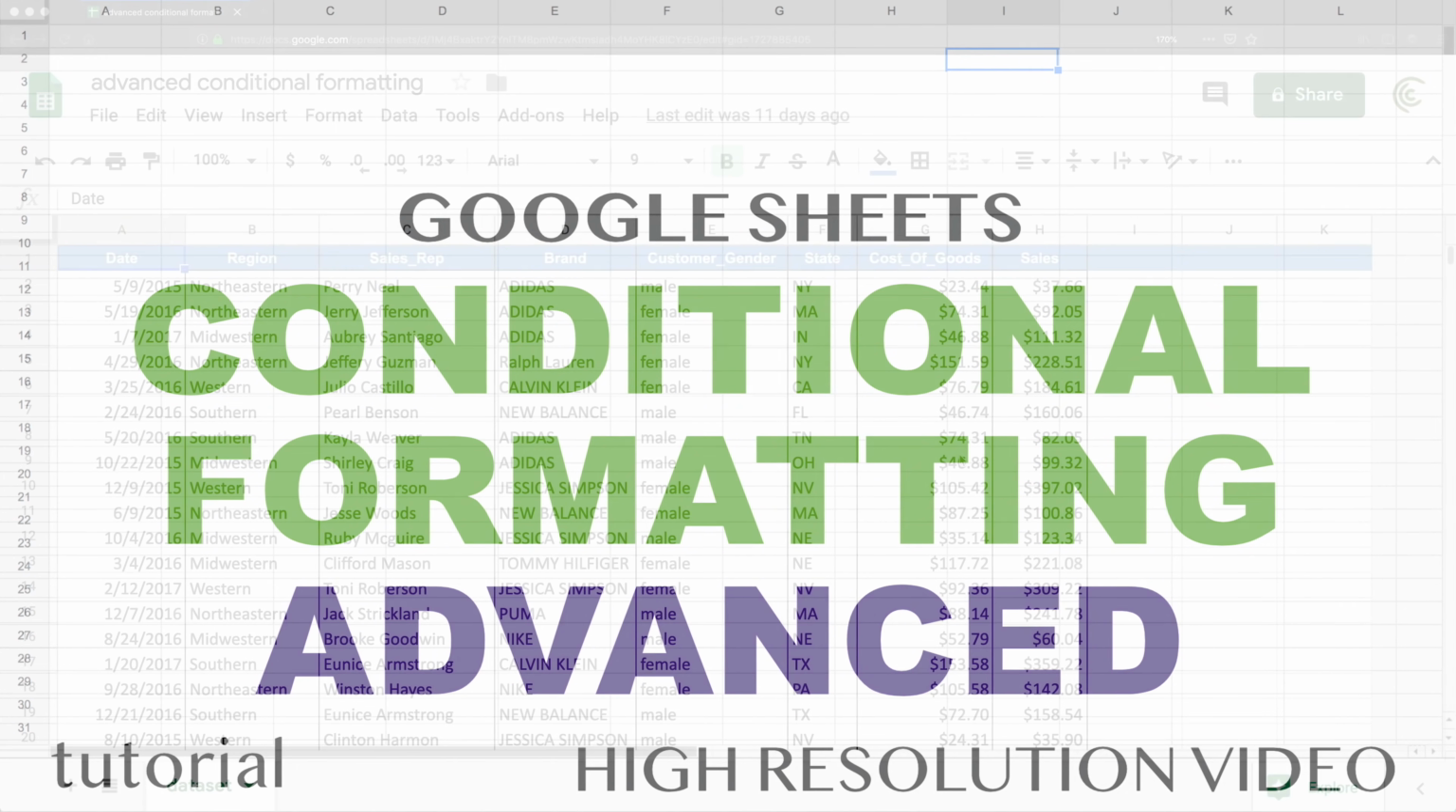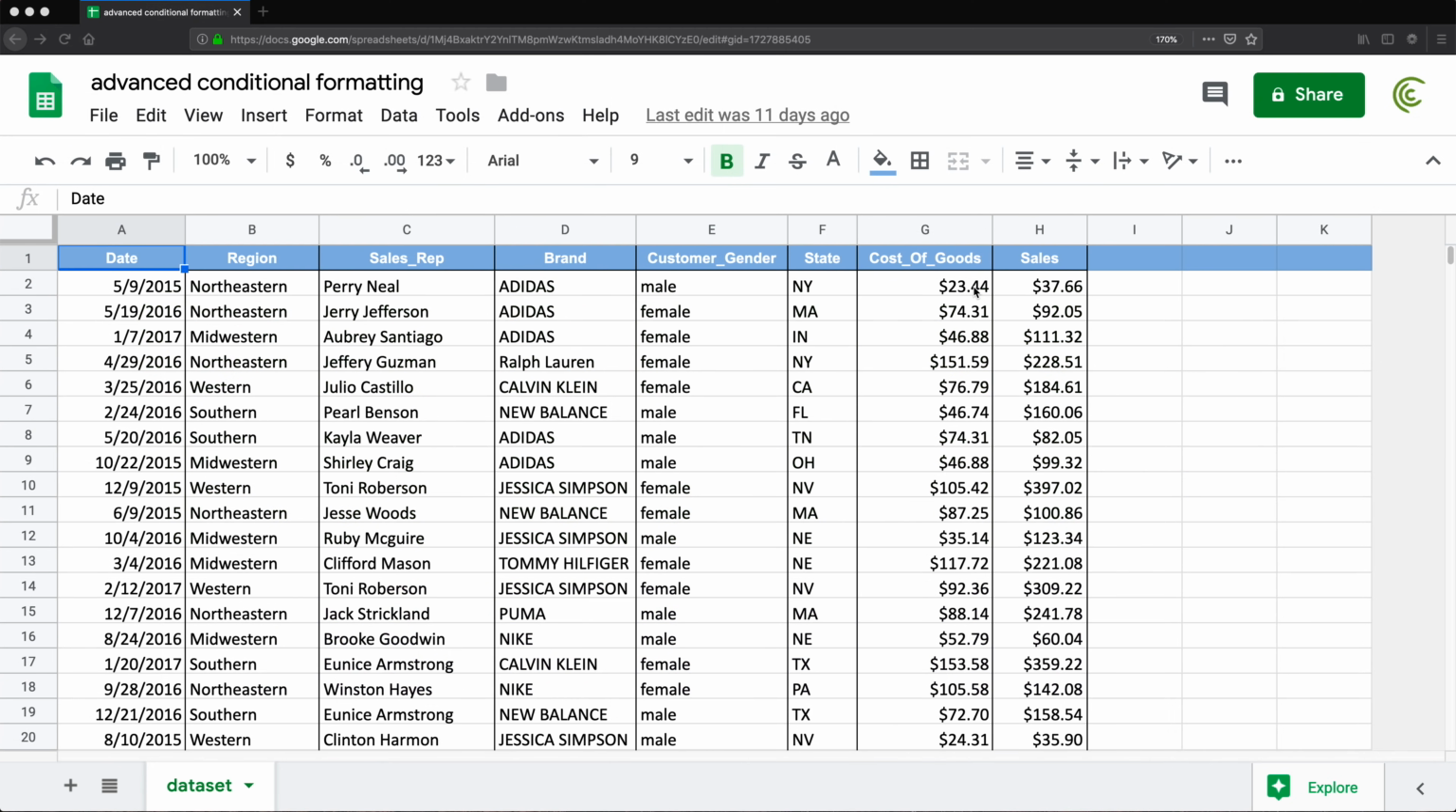Alright, so in this video I'm going to cover advanced conditional formatting. If you don't already know how to do conditional formatting, you should watch my regular conditional formatting video. This will be more in-depth and more difficult methods to do conditional formatting, more specifically using formulas to do conditional